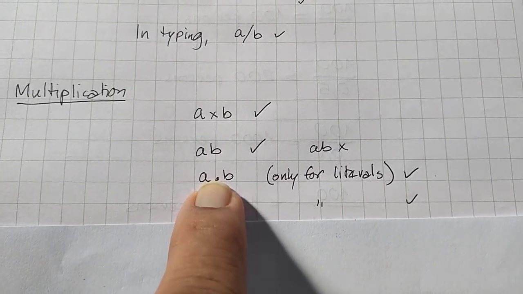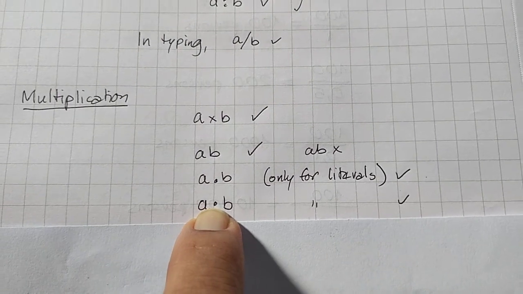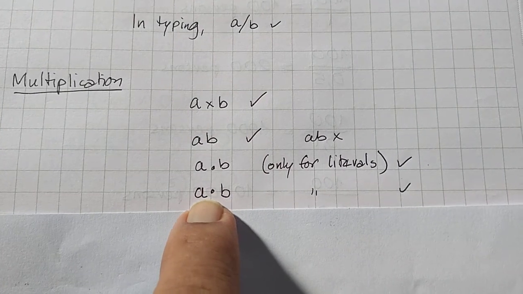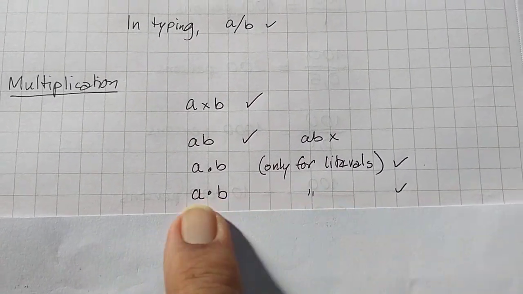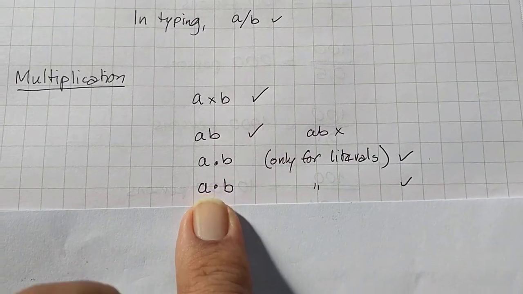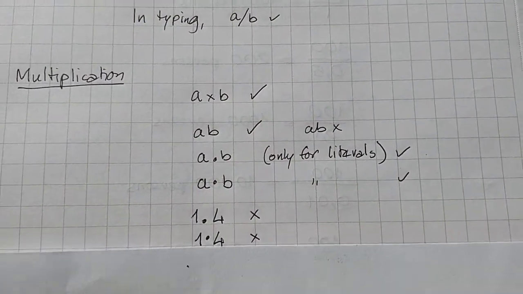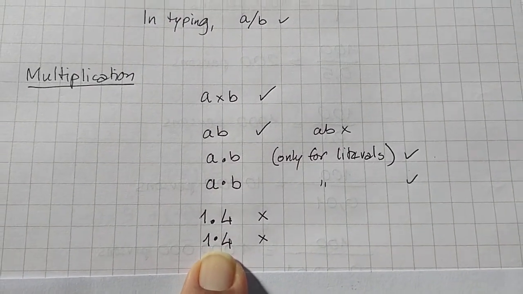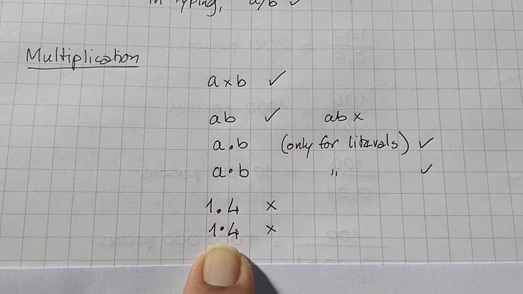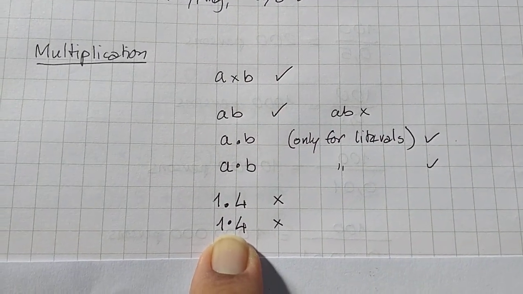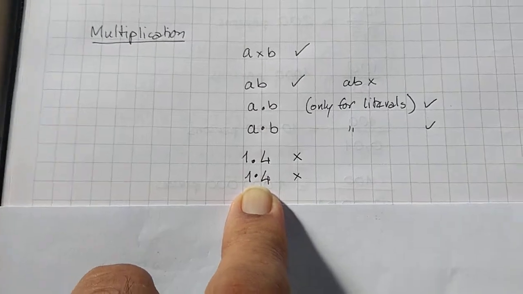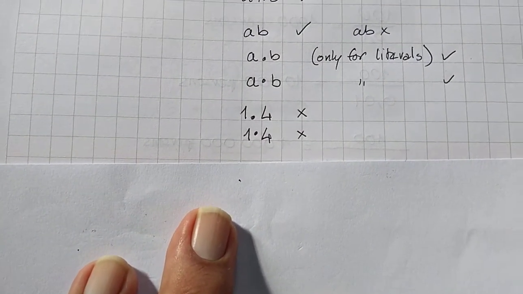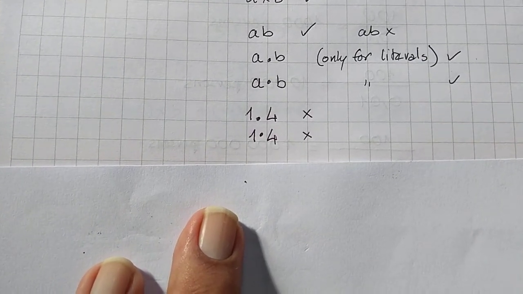See, here it is at the bottom of the line, here it's a little higher. So they move it to the center, where the hyphen or the minus sign would come: A dot B. But again, this is to be avoided for numbers, because even if you write 1.4 like that, where the dot is higher than a decimal point, you could get confused as to whether this is 1.4 or 1 into 4. Especially with the handwriting of some of you. Some of you have very beautiful handwriting, and some of you unfortunately are completely the opposite.